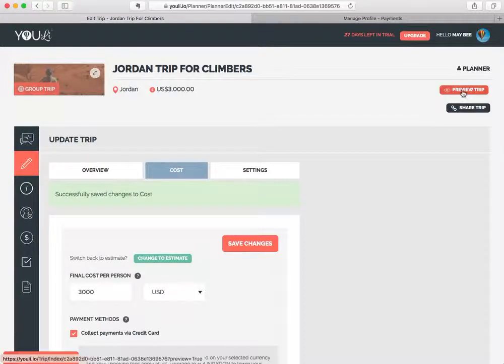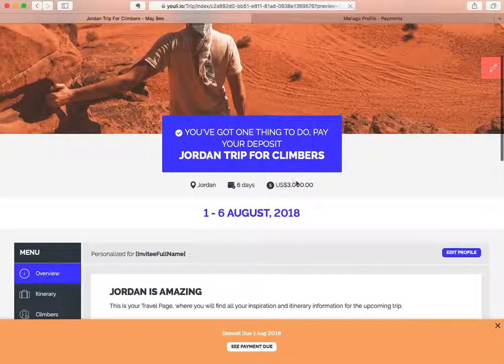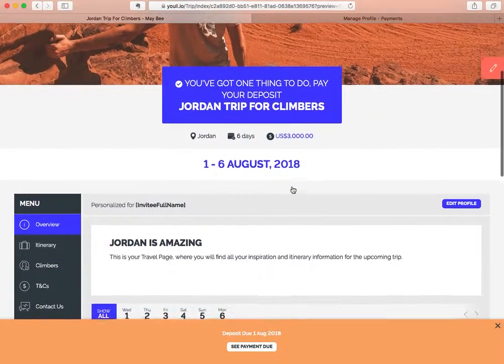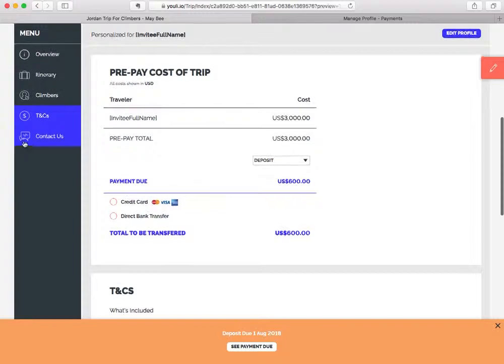And we're going to take a look at how that looks. So now you'll see that it shows an actual price and that it's clickable because we've populated it, and also that this is now showing on the left-hand side with a dollar symbol and the label that we just set. So if you click from here or from here, it takes you to the same place. This is in preview mode. When it's actually being viewed by a traveler, that will be their name. If they're in an invitation group, it'll actually show multiple names here for the whole family or for the pair